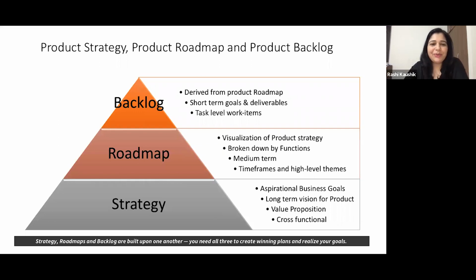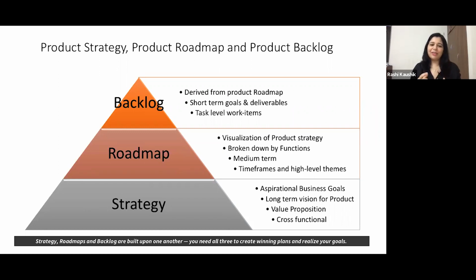Now, before we jump into the product backlog, I want to take a minute to help understand the difference between the terms that we hear on a daily basis. Executives at our companies talk about product strategy. The managers talk about product roadmap, while the engineering teams and other teams talk about the product backlog. So what is the difference between all these and what should I as a product manager refer to define my backlog? Let's start with the product strategy first.